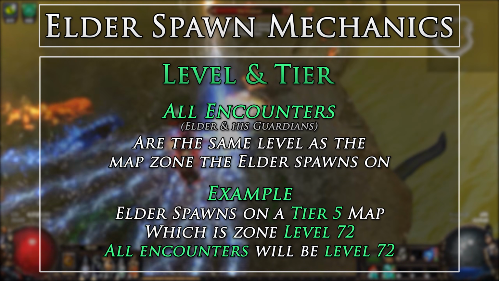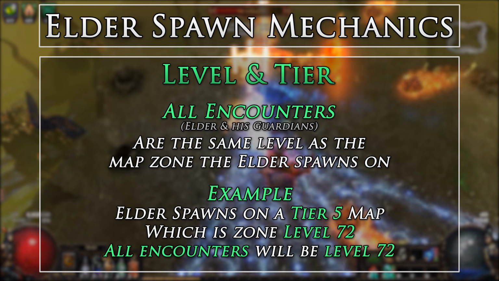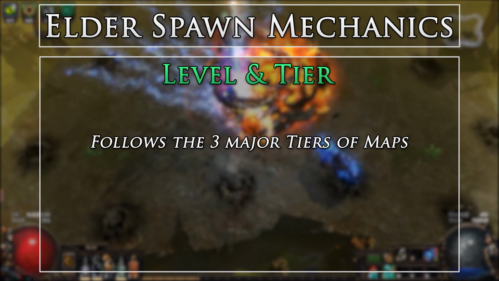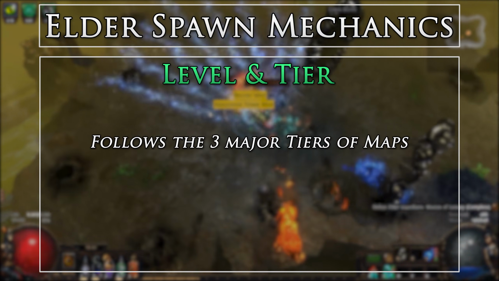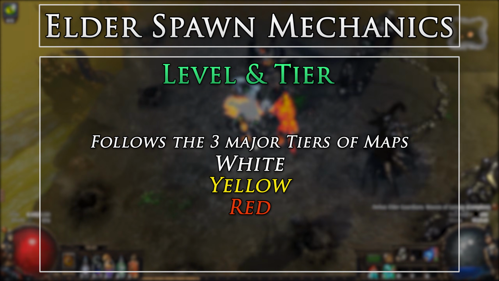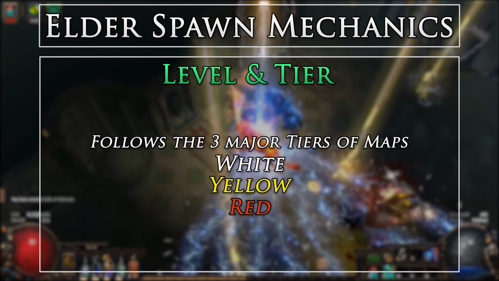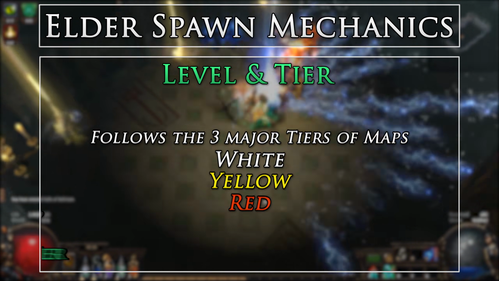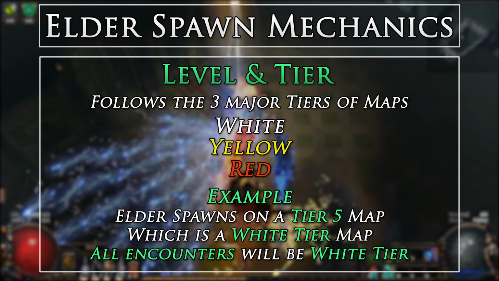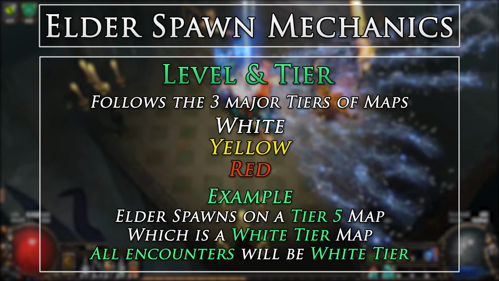The Elder will also ignore shaped map levels and conform to the original level of the map base. The tier and drops of the encounters will be determined by the major tier coloring system on the maps. The Elder follows 3 major tiers of map difficulty: white, yellow, and red. As with the previous level mechanics, this is determined by the map base on which he spawns, again ignoring shaped map mechanics. So revisiting our previous example of the Elder spawning on a tier 5 map, which is a white map, the Elder and Guardian encounters will follow white tier rules regardless of the map base that the Guardians spawn